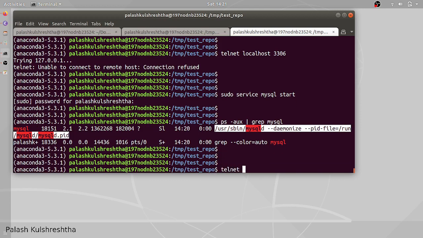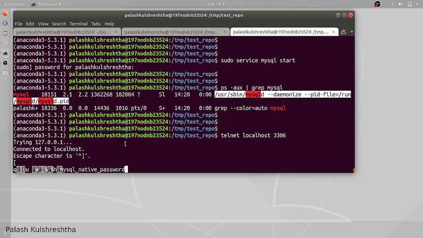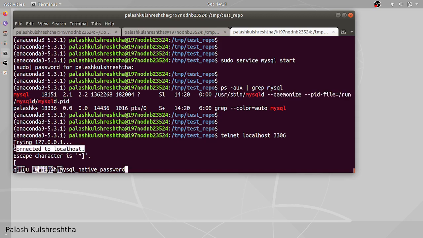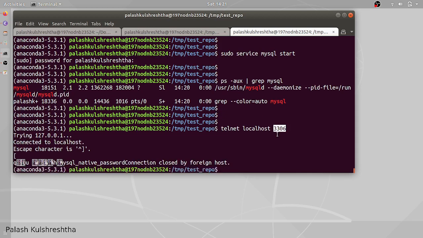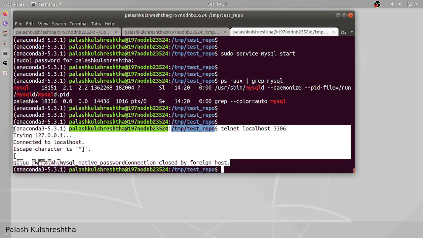Telnet localhost 3306. Now you can see that we are getting connected to localhost on port 3306. That means now we are able to connect to MySQL from my localhost. This connection was closed because I didn't provide any other piece of information.